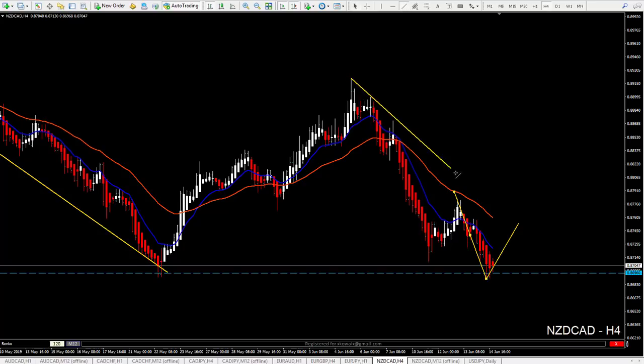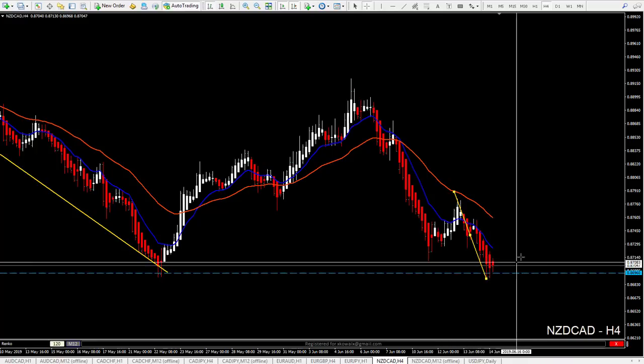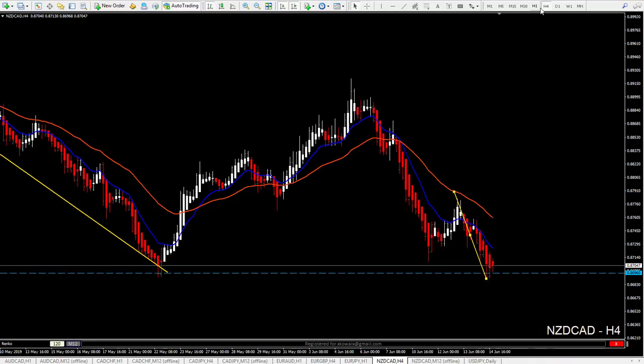So this is one option to trade this. We also have this trend line, so a retracement back to the 36, back to the trend line, is good enough to look for the sells again. Of course, if we see that price is struggling here and then is breaking, we can still look for the